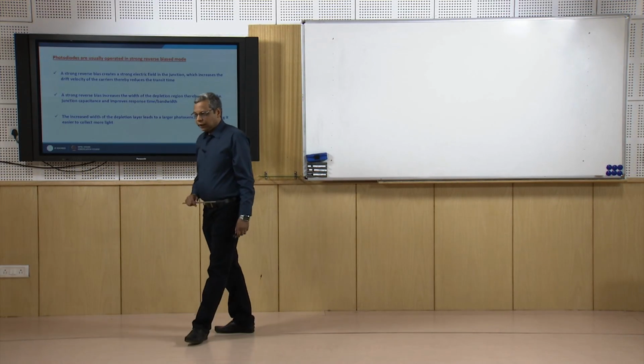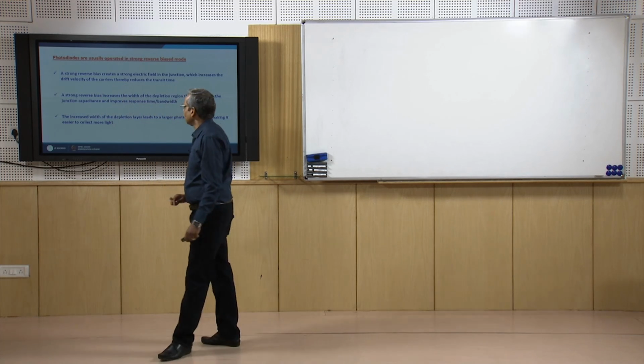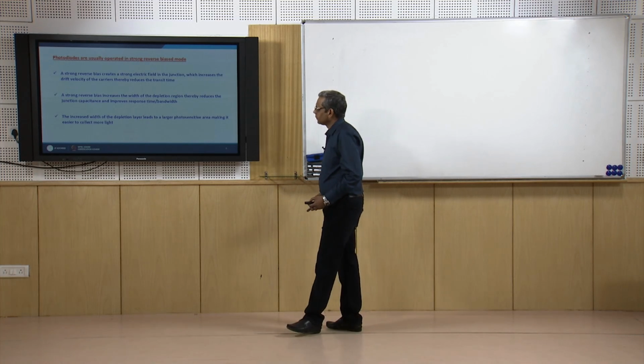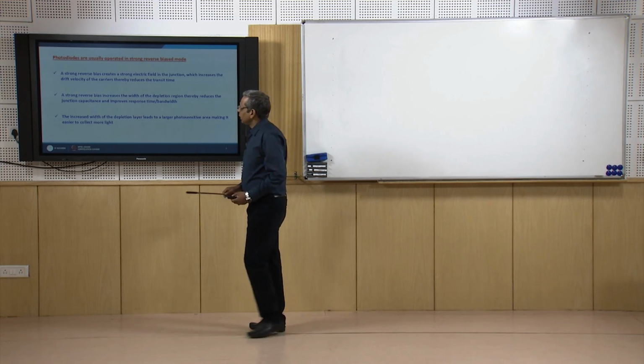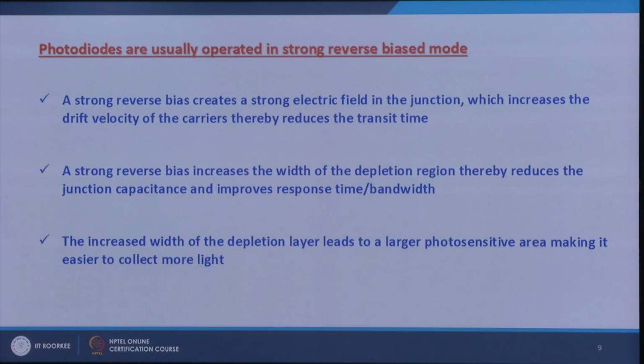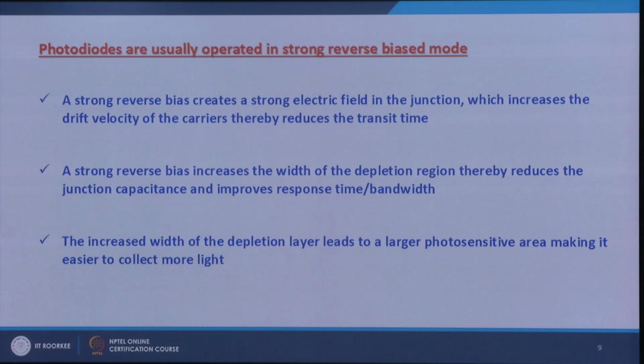So, these photodiodes are usually operated in strong reverse biased configuration. What are the advantages of reverse biasing it strongly? Well, a strong reverse bias will create a strong electric field across the junction, and since the electric field is strong, it will increase the drift velocity of the carriers, and consequently it will reduce the transit time. Also, as we had seen, the reverse bias will also increase the width of the depletion region,